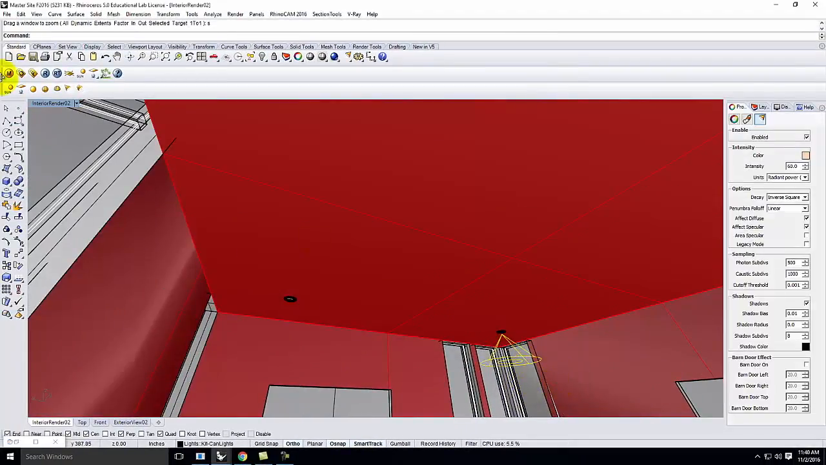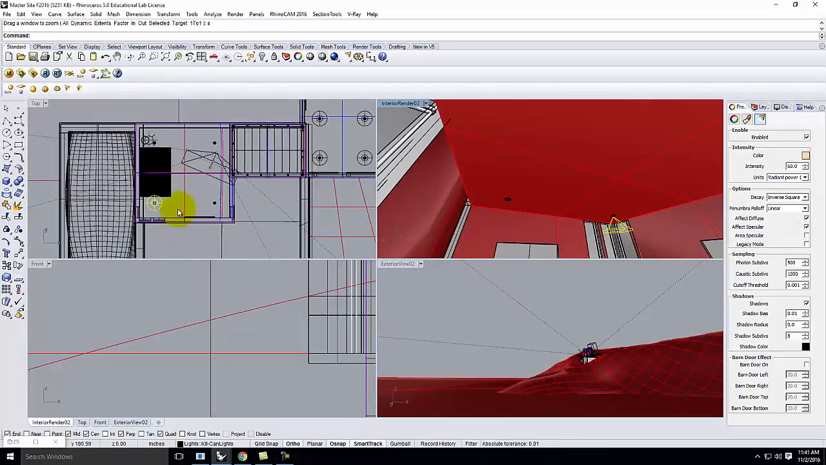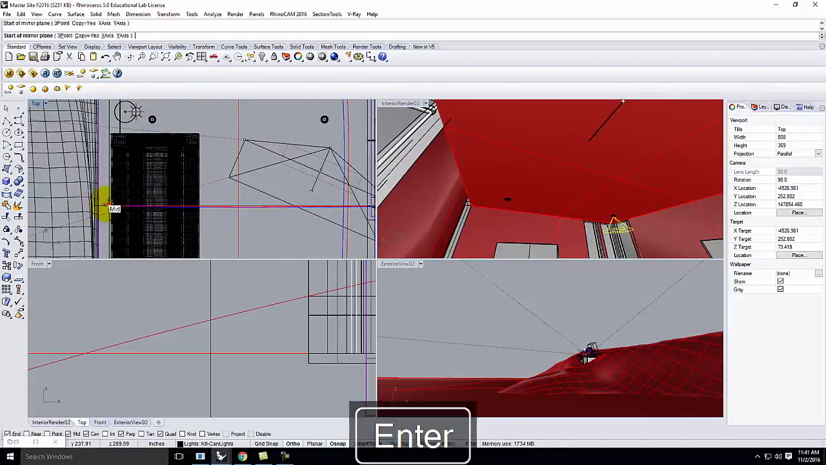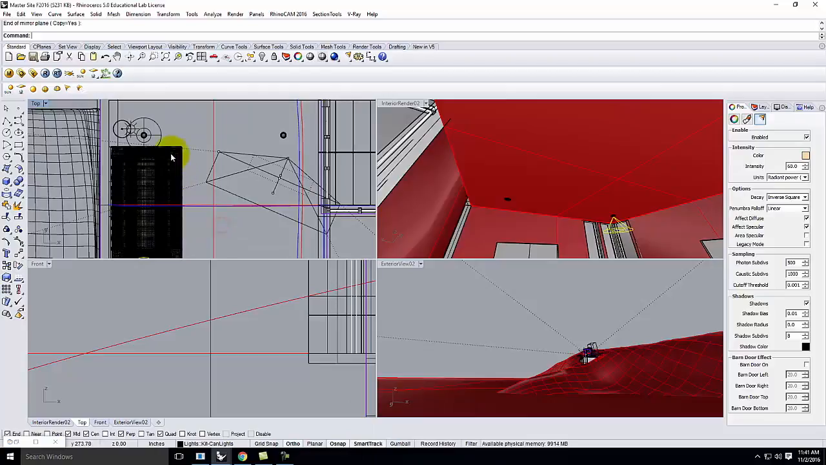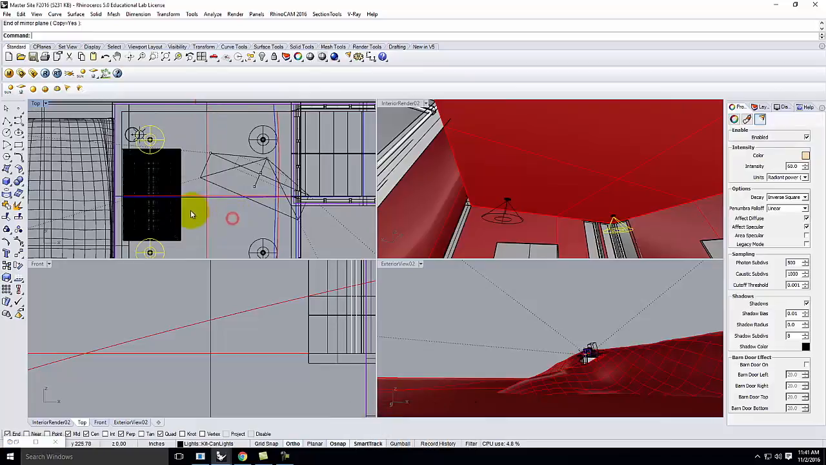So I'll take the spotlight. Let's go into my top view, make our life easy. I'll go ahead and mirror this. First one is that way. Select them both, mirror, and we'll go that way as well. Okay, so